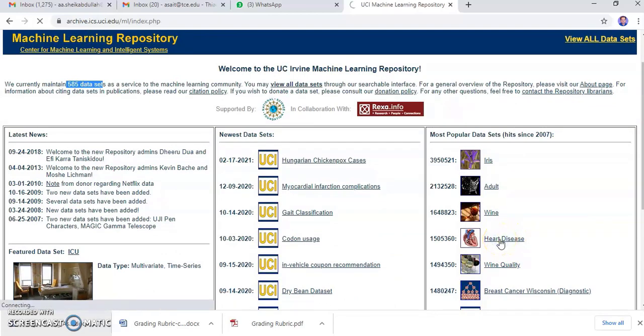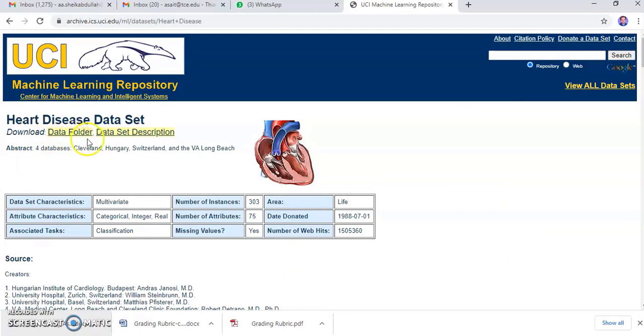When you click any of the data sets, now I am going with heart disease. Here you will find two different kinds of folder: one is the data folder and the other one is the data set description. There will be a table representing the characteristics of the data set, that is whether it is univariate or multivariate, what the category is, whether it is categorical, real or integer, how many tuples or records there are, and how many attributes there are.